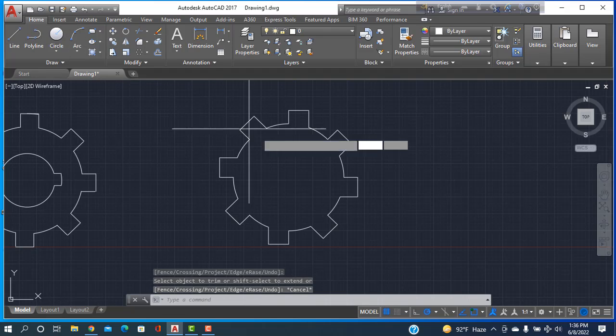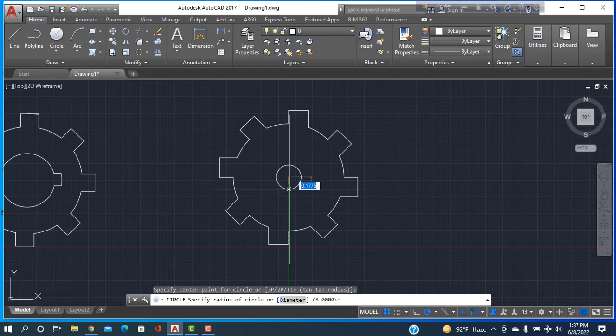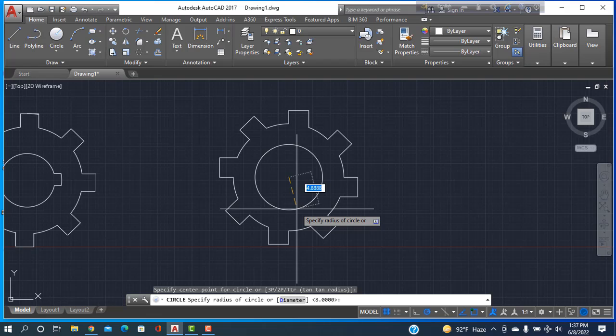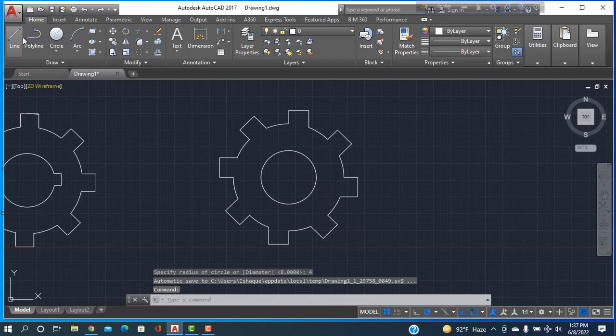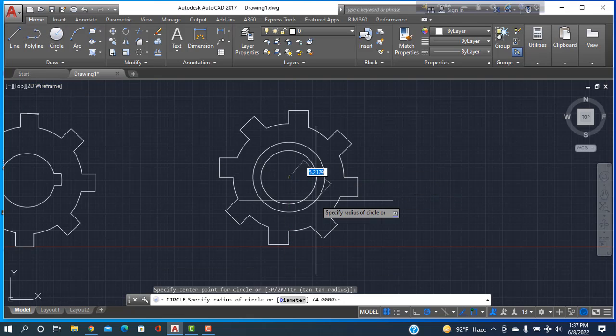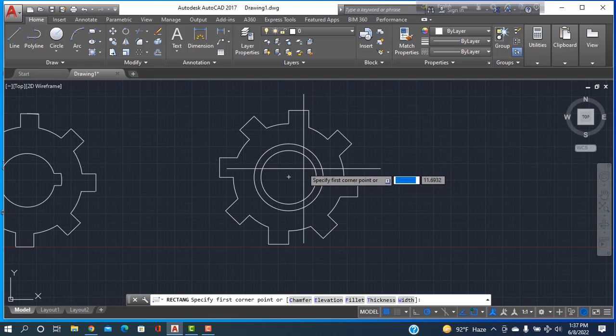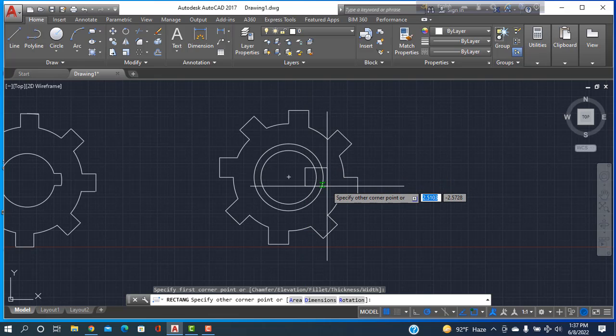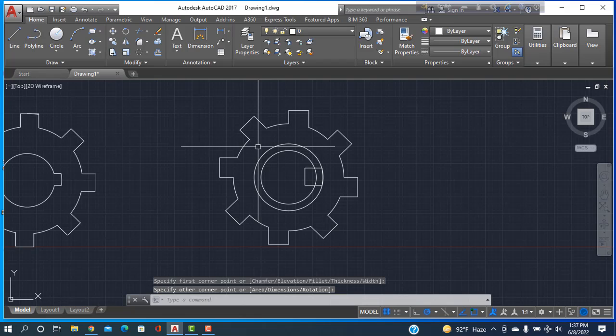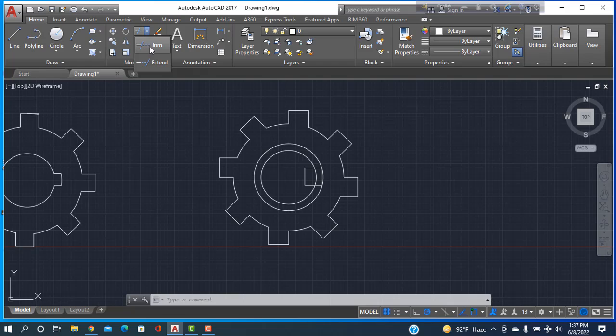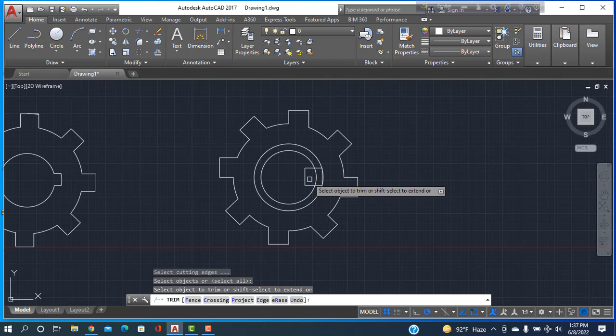Then I'm going to circle again and drawing a circle here which will be 4, and I'm taking another circle which will be 5, and going here and taking a rectangle, sketch a rectangle up to here. Okay, done. Better. So going here and trim is taken, right mouse click and trim this one, this one, this